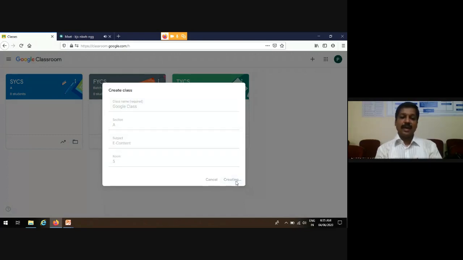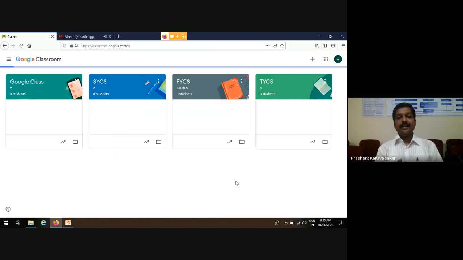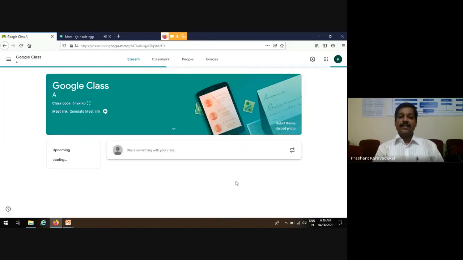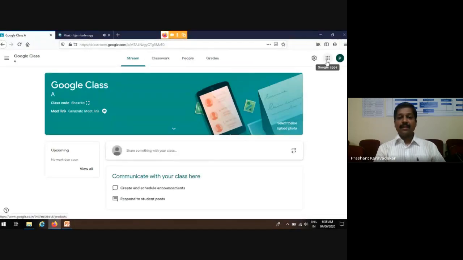This takes some time as we are logged in with a Google account. For Google Classroom, you require a Google account. You have to create your own account by signing in, just as we do with Gmail. Once you log in with Gmail, on the right hand side corner you will get the nine dots.